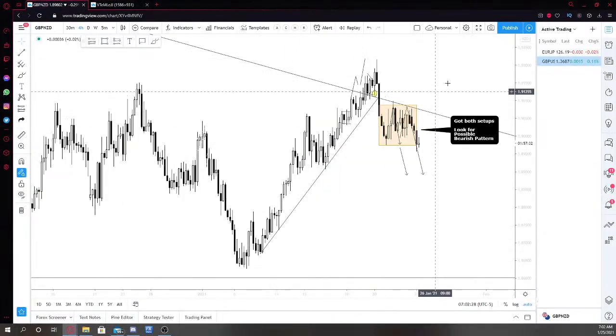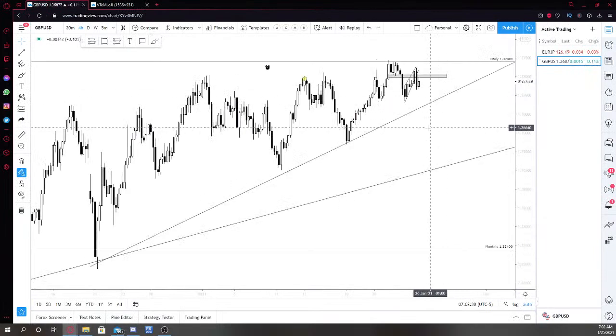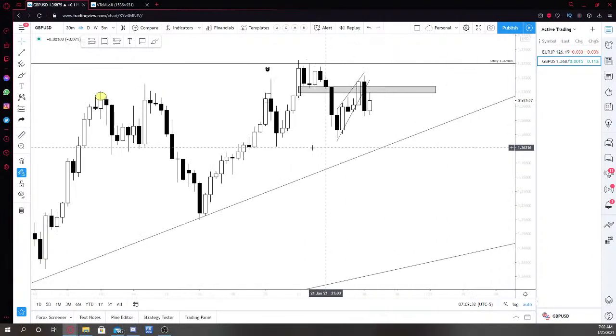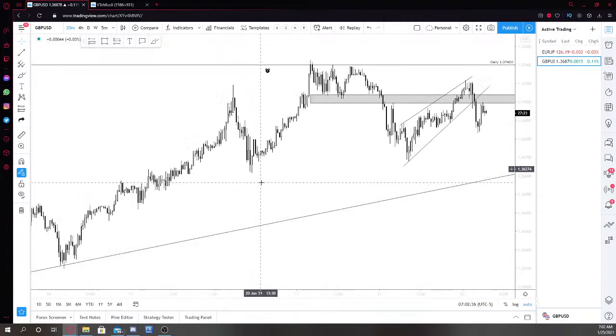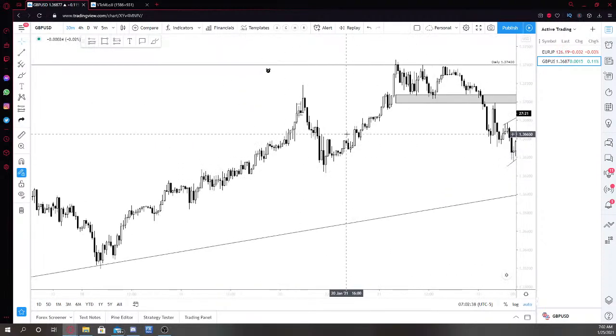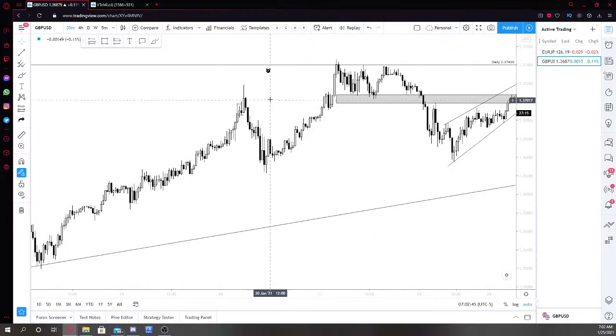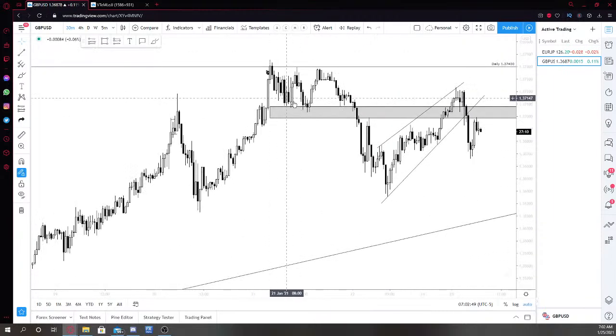Now, this trade actually hit our stop loss, right? So this is about the area. Let's go down to the 30-minute. This is the area that I entered at right here, and price just continued to scale up overnight, hit my SL while I was asleep, and came up to this daily level that we have here,